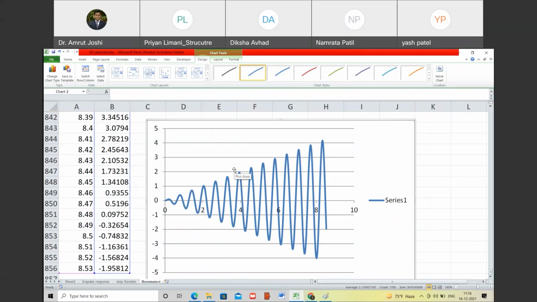Are you with me? But only if lambda, that is the forcing frequency, becomes equal to the natural frequency and that excitation is sustained for a while, then there is a likely possibility that the structure is going to fail, provided it doesn't have damping. We will talk about damping now.